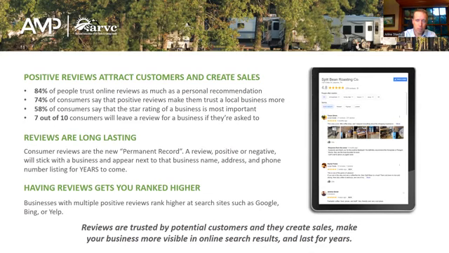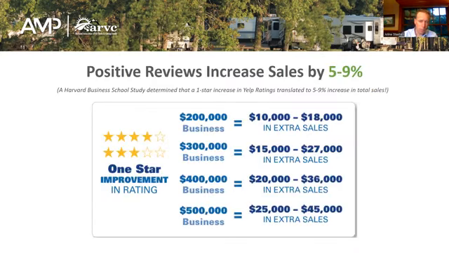It's critical space to manage. This is a bit of a dated study, but this is a review from the hospitality industry that positive reviews, a 1-star increase in Yelp rating. This is one site, 1-star increase becomes a 5 to 9% revenue driver. That was a published Harvard Business School study from several years ago.